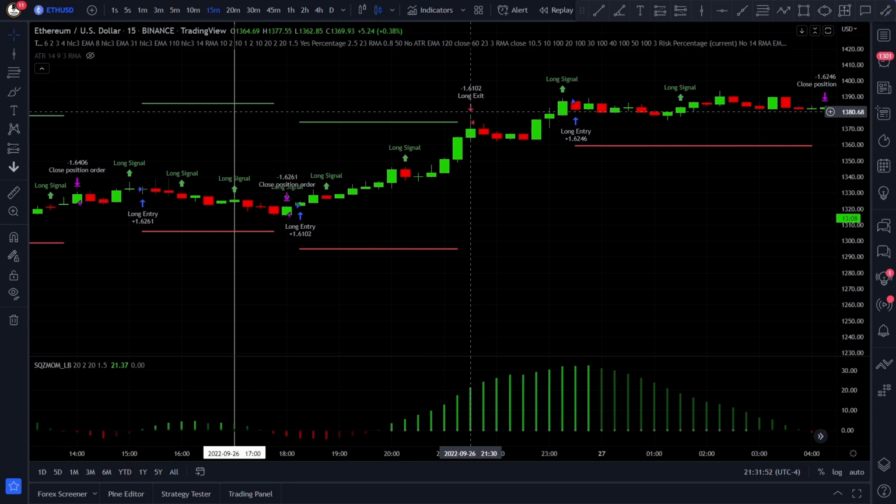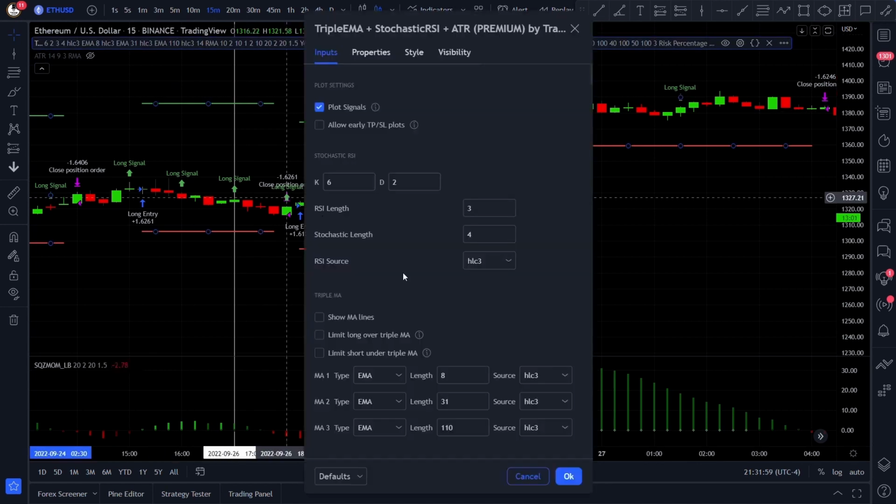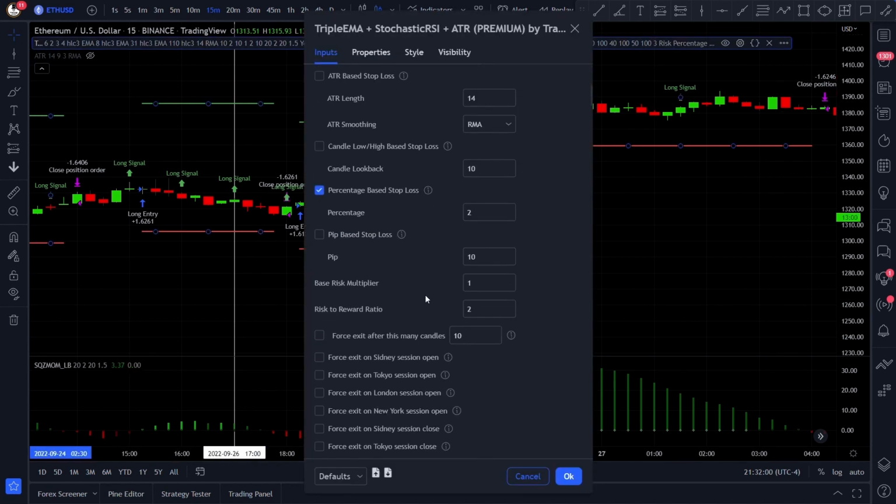If you want to see how well the squeeze momentum works as an exit indicator, use a big stop loss and take profit so the trades are unlikely to hit either of them. Basically, the squeeze momentum works here as an exit signal indicator. In our next bigger script update, which can be anywhere from half a year to a year from now, we plan to include many exit signal indicators, so if you have any recommendations, feel free to suggest it here or